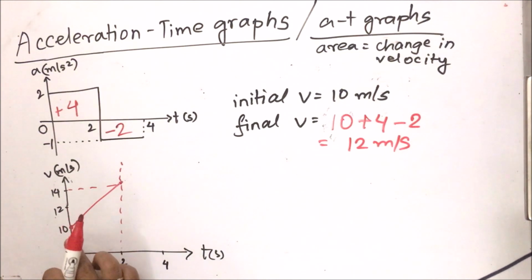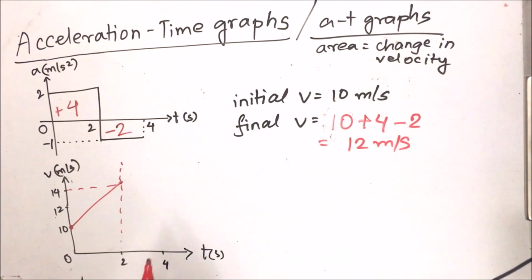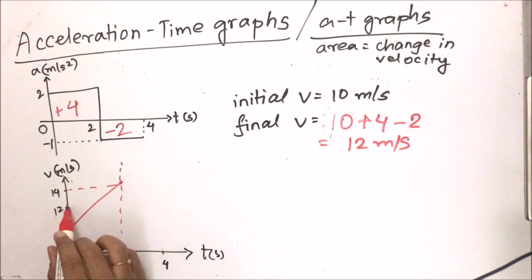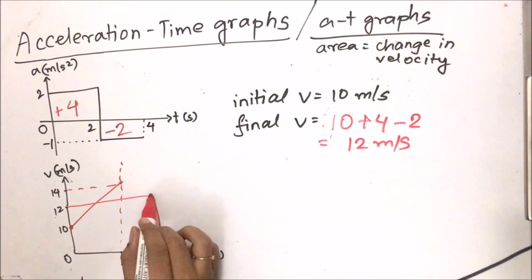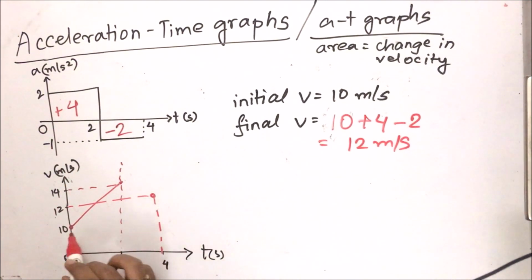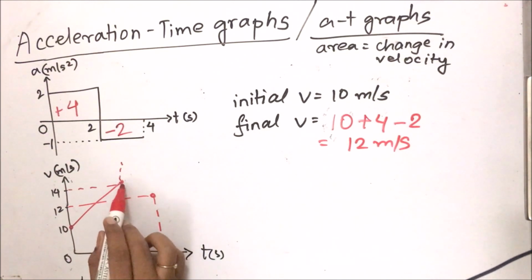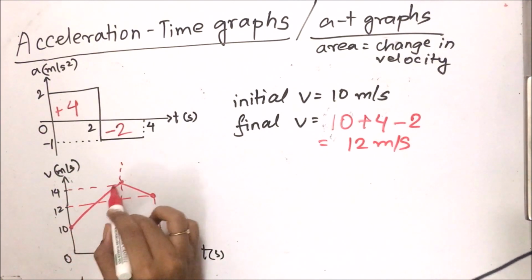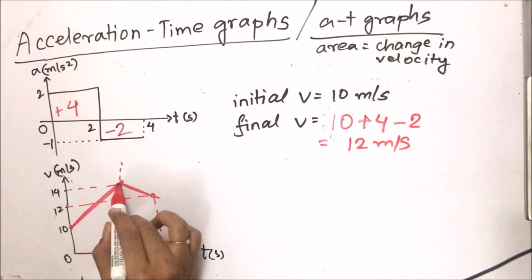That is, the velocity time graph is a straight line. In the next 2 seconds, the velocity goes to 12 meters per second. We know that when the time is 4 seconds, our velocity will be 12. So this will be our final velocity, 12 meters per second. So the velocity time graph goes from here to here. This is our final velocity time